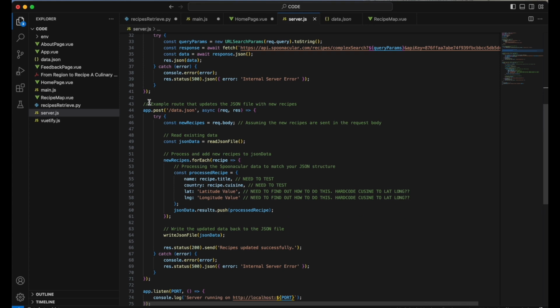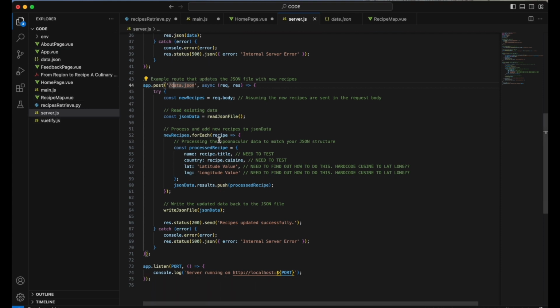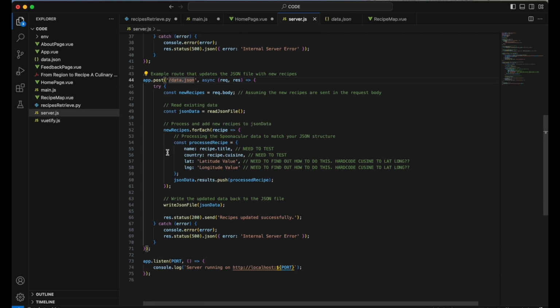And here is, I just put it's an example route because I'm not really sure where we're going to be saving it. I think we're going to create an API folder, but for now I just have it saved into the same folder as the other code here. So we're going to be reading and parsing the JSON file and writing data into it so that it can be displayed on the recipe